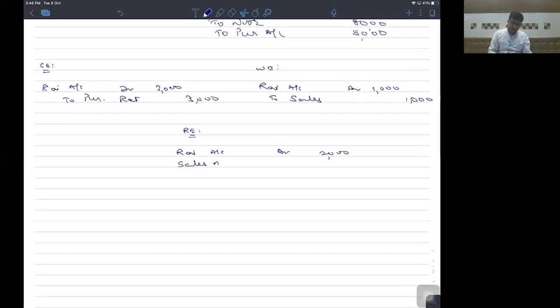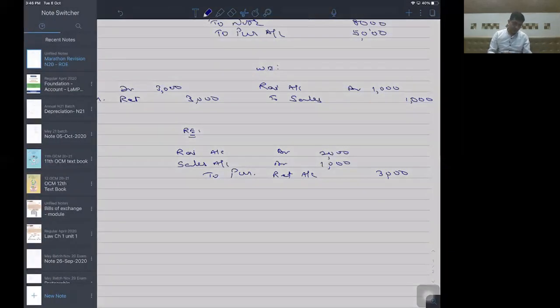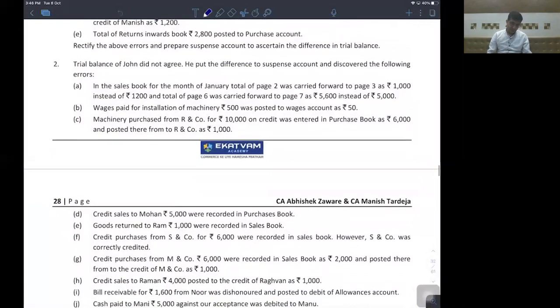Sales account debit, क्योंकि sales को जबरदस्ती का क्रेडिट दे दिया था by rupees 1,000 to purchase return account rupees 3,000, क्योंकि राय को डेबिट करना था 3,000 से, हमने ऑलरेडी 1,000 रुपए से डेबिट कर रखा है. ये सुनो. नेक्स्ट वन,